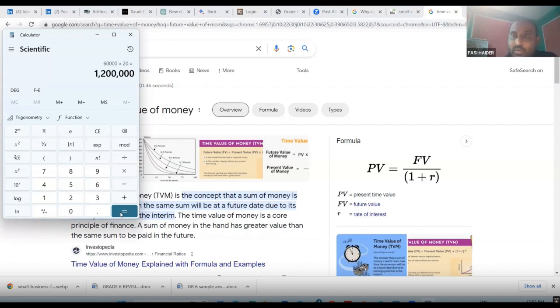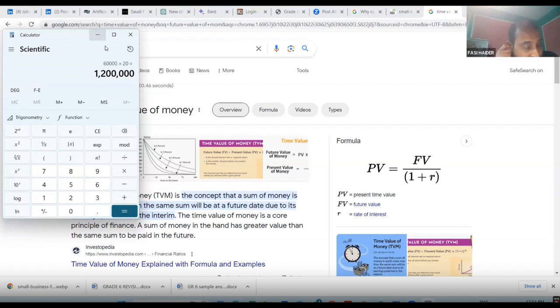They will say to you, you know how much we will give you? So you will say, how much? So they will say, after the 20 years, I will give you 2.4 million. So you will say, wow, I just spent 5,000, 5,000, 5,000, and I'm getting 2.4 million, twice the money. It's a big amount of money. I'm just giving 5,000 per month. But if you see the future value of the money,